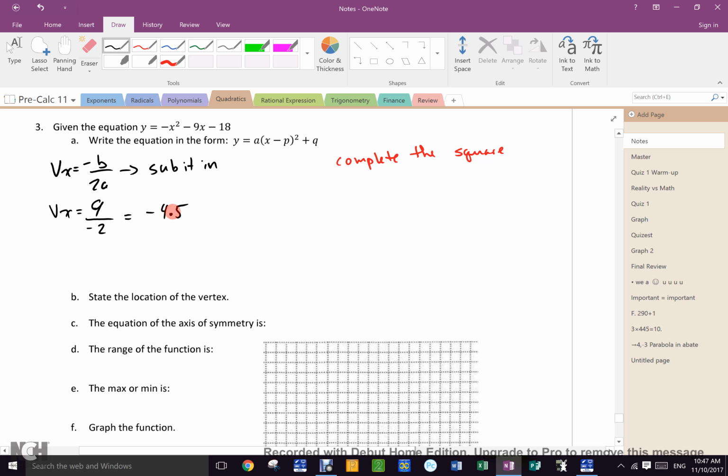So then you take that and you put it back in up there, which is kind of yucky, right? Because it's still decimals. But what you end up with is y equals x